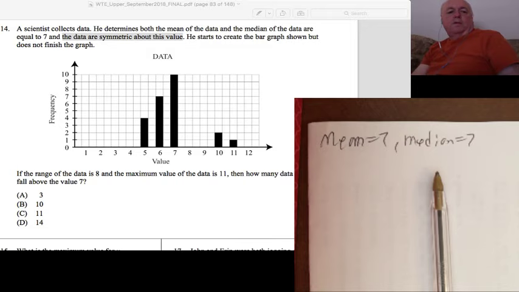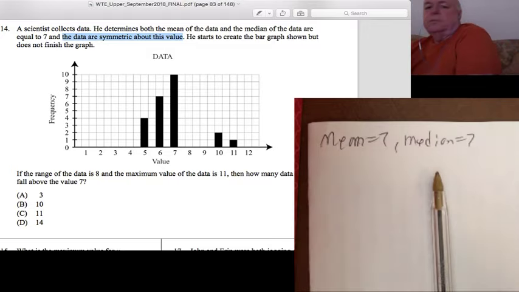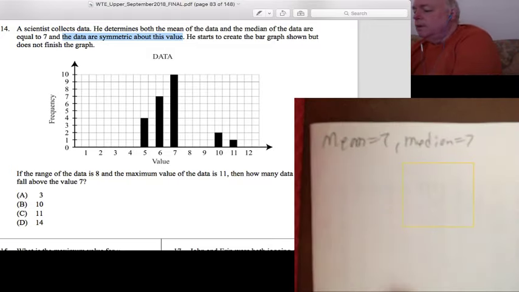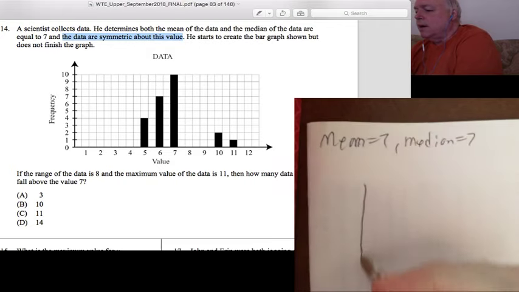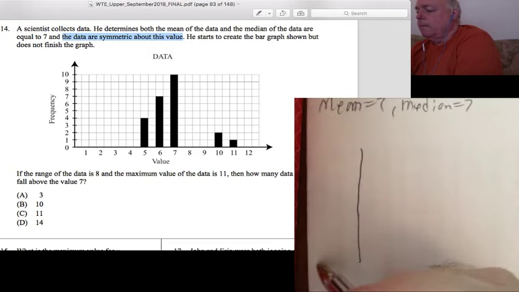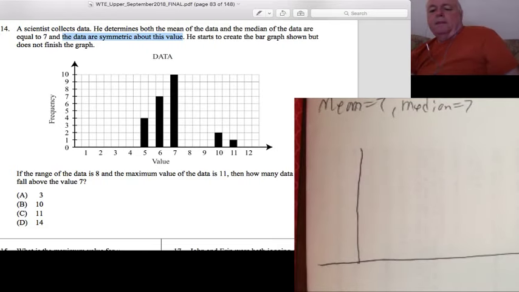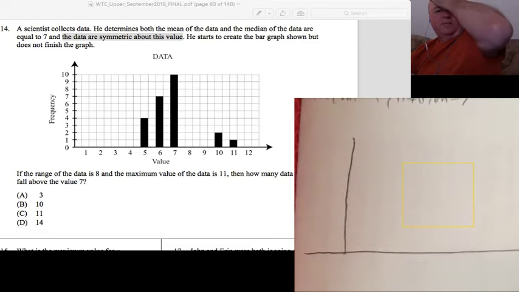So it says, if the range of the data is 8 and the maximum value of the data is 11, how many data points fall above the value 7? Ugh. All right, so this is an ugly problem. So I'm going to try to draw it as best I can. Let me see if this is coming on the screen. All right, so it's chopping it off. Where's my pen? My pen's right there. All right, so